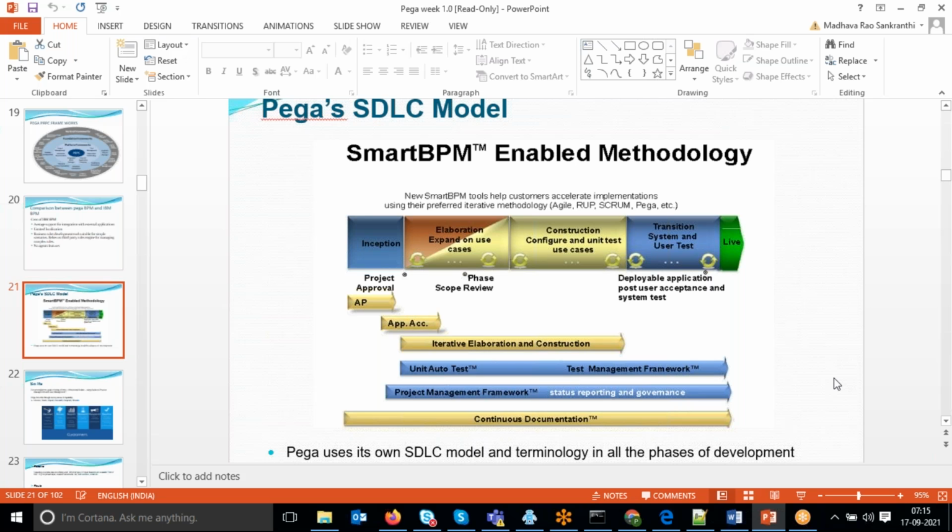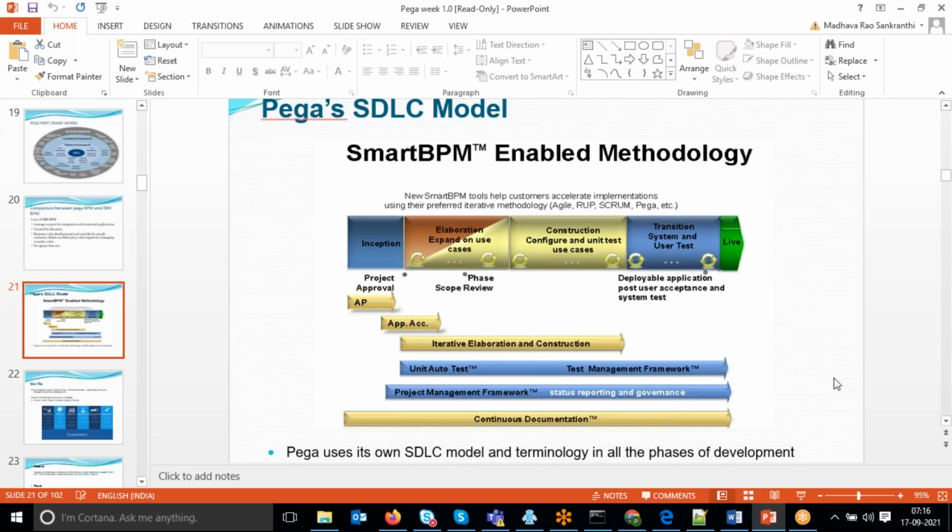The first stage: when I want to develop, first I need the requirement. Who will gather the requirement? The BA, the business analyst. The business analyst will gather the information from the client. He will design it as a BRD, business requirement document, and share it with the managers and solution architects.